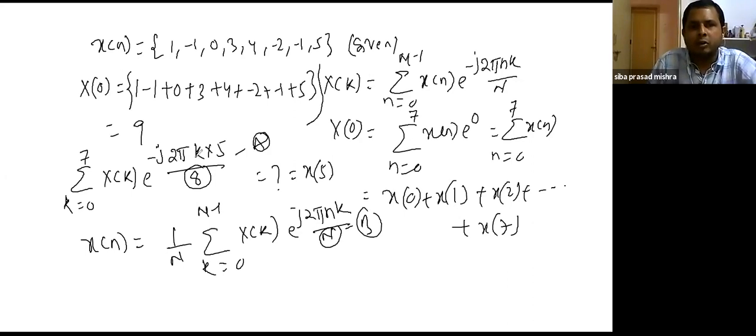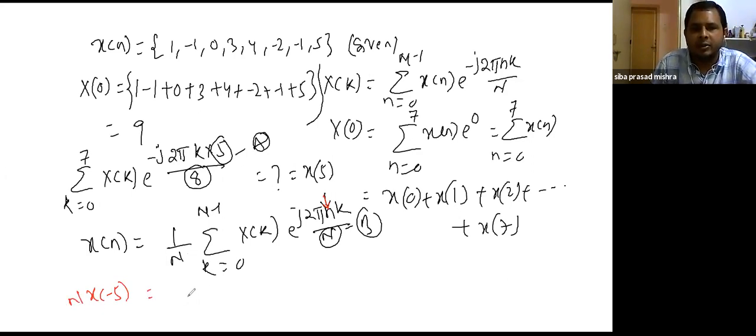Okay, 2 pi k, 2 pi k. So instead of n, it is minus 5 that is present. Yes or not? Instead of this n, what is present? Minus 5, because it's minus. The answer is x of minus 5, and since I have not given 1 by N, this N also will go to the left hand side. So this is N x of minus 5.